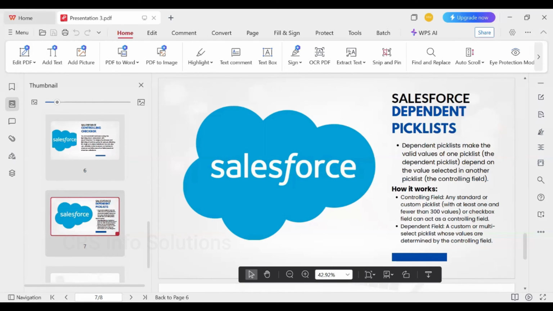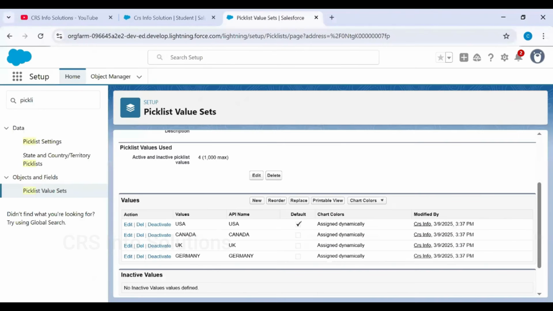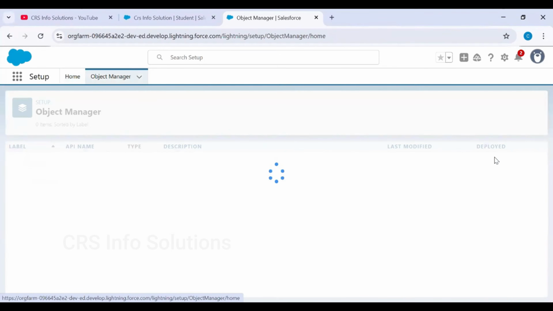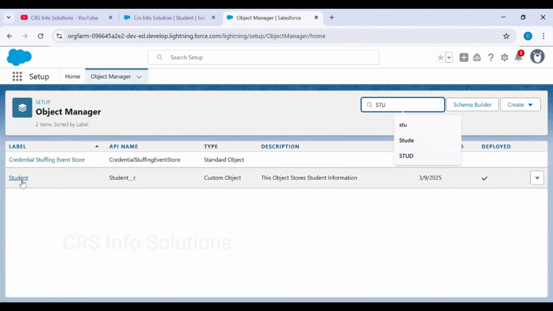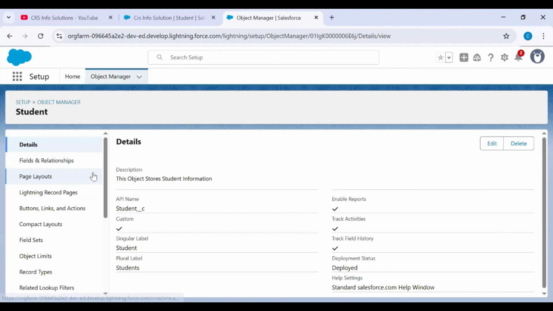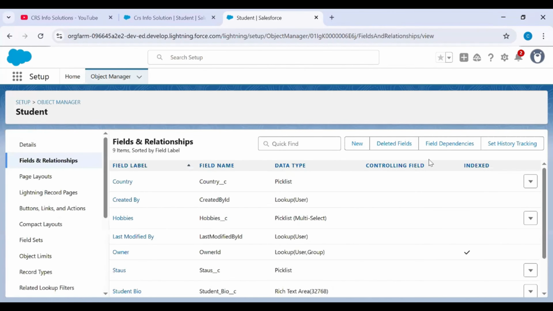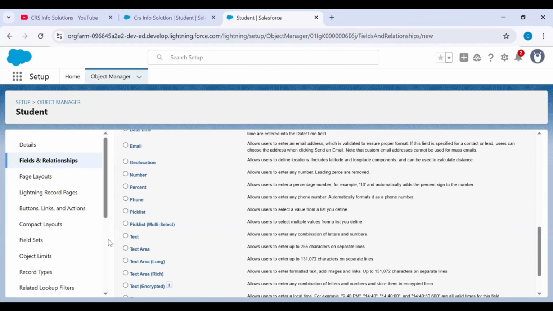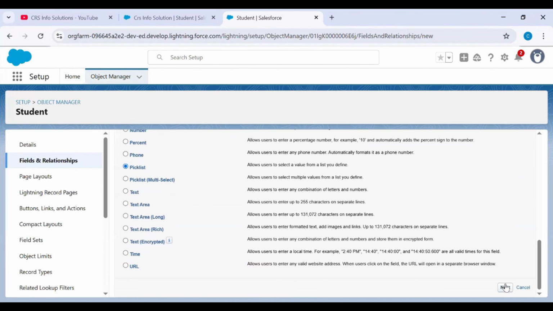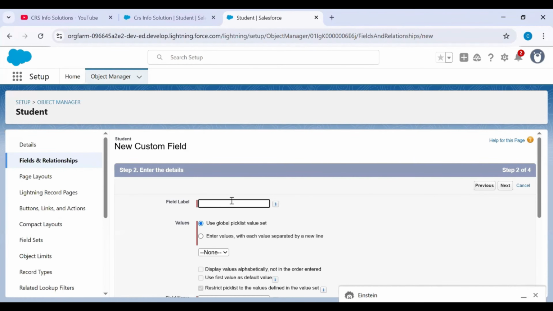So let's move forward. Coming back to our settings, we have to go to the Object Manager again and go to the custom object, which is Student. And now go to Fields and Relationships, create new, and select picklist as a data type. Select next. You can name it Country 2.0,